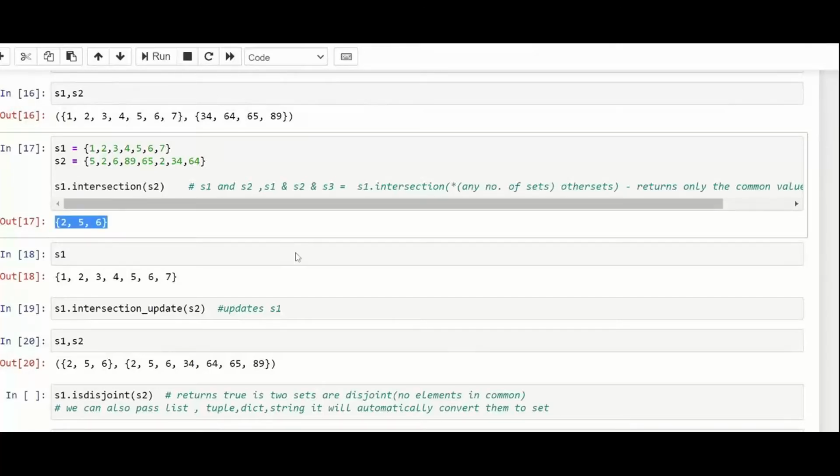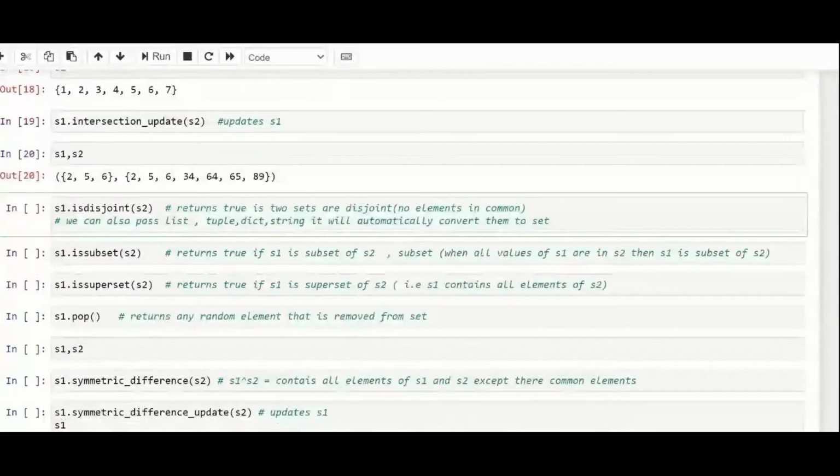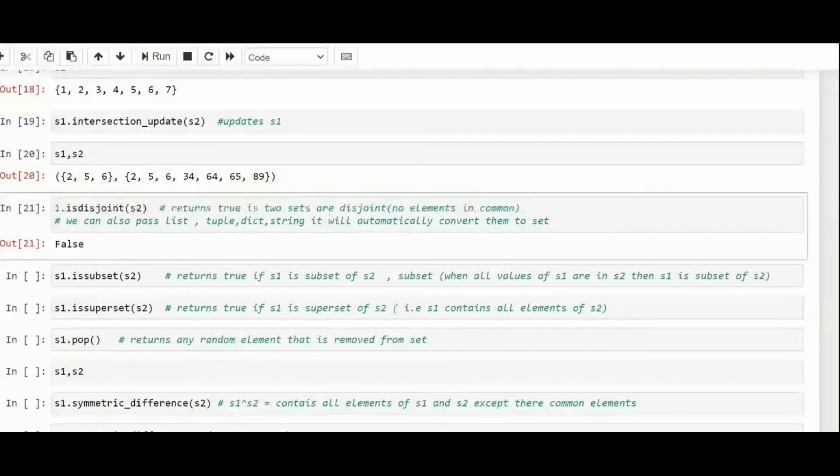Now moving to the next method, if you want to check whether two sets have a common element or not, we'll use the method isdisjoint. So we have s1.isdisjoint(s2), and it gave me a false. It will return true if two sets are disjoint, that is, no element is common.